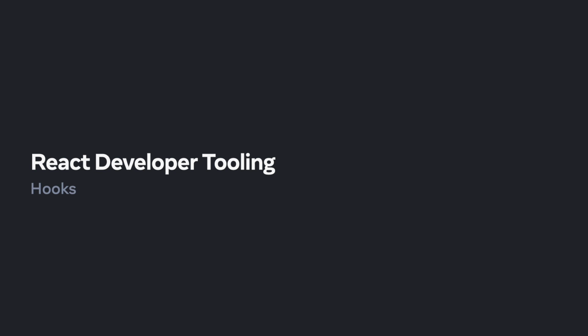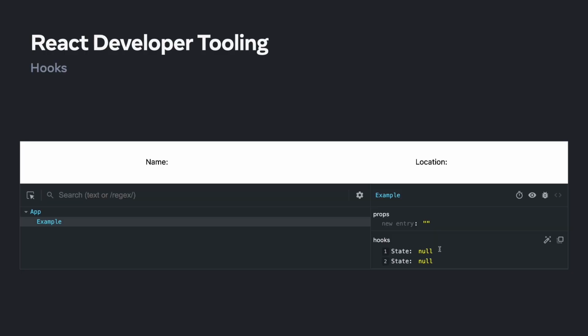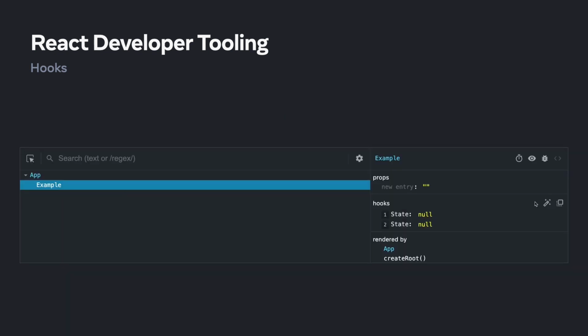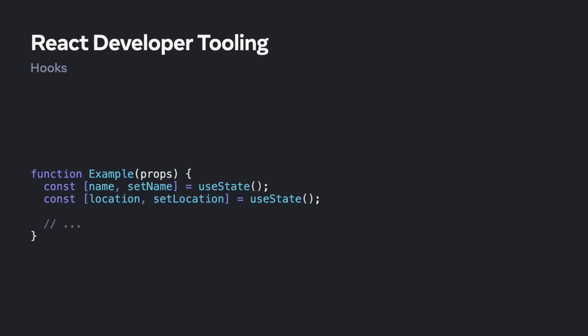The React team introduced hooks at ReactConf 2018 as a way to add state and other types of interactivity to function components. DevTools supported hooks from the start, allowing developers to inspect and edit hook values. But people told us that hooks were difficult to debug because they didn't have names. For example, consider this component that uses the state hook. Unless I look at the component's source code, I don't know what these state variables are being used for. The way we name variables is an important part of how readable and maintainable our code is, and hooks are no different. So why didn't DevTools show hook names?